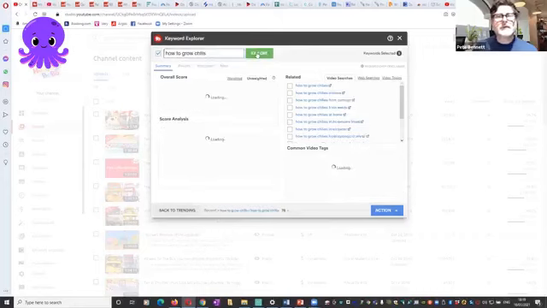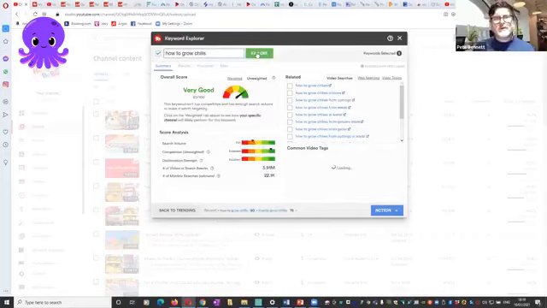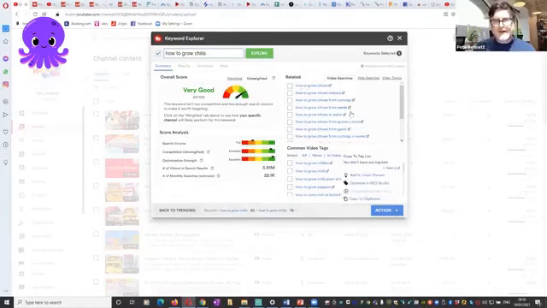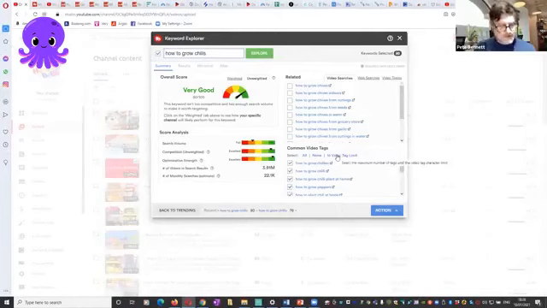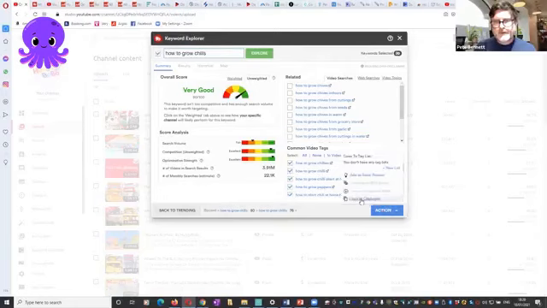I can't spell. Yeah, so what it's going to do is it's going to come up with search terms that it will be good to target. But down here, this is lovely. Down here, what it does is it allows me to copy the video tags to the limit of how many characters were allowed within the tags section, which is 500 characters. So if I go here and then copy this to the clipboard, I'll show you what I do.